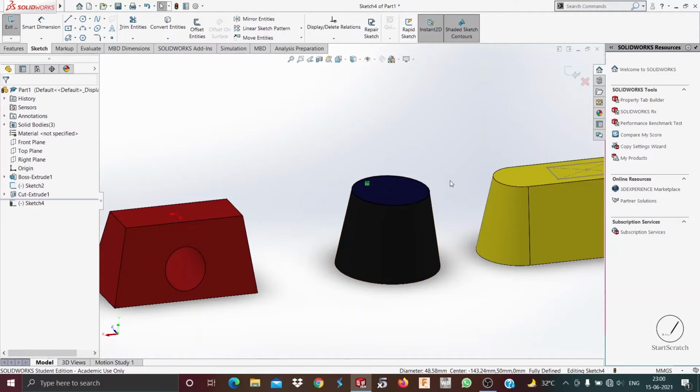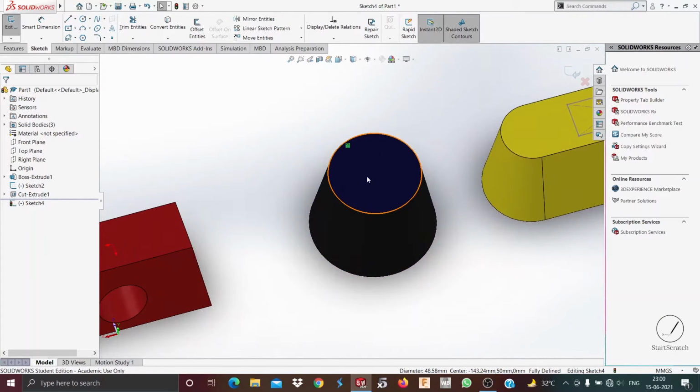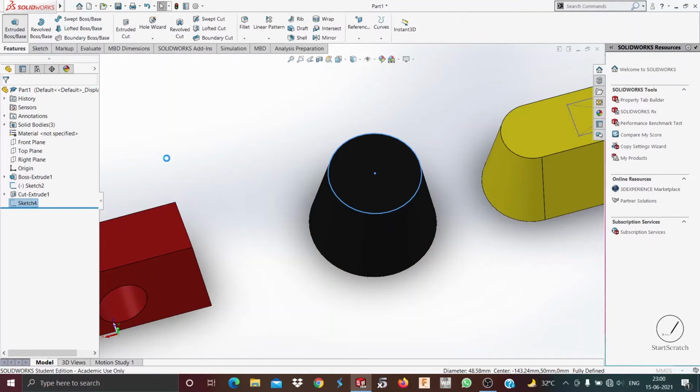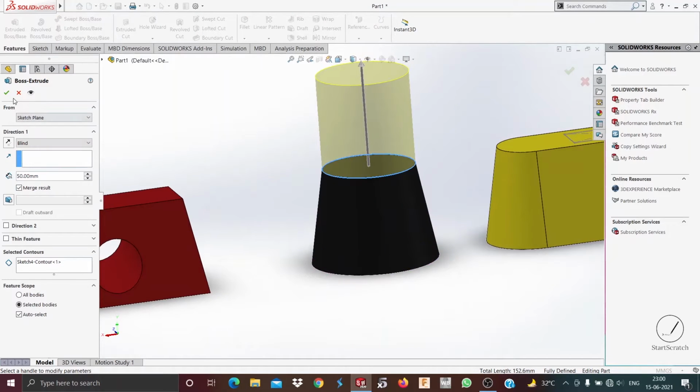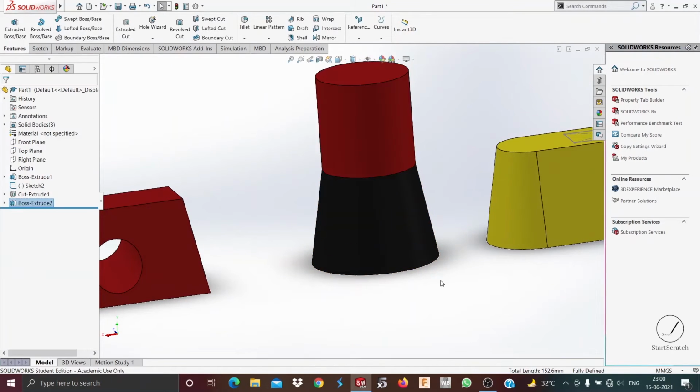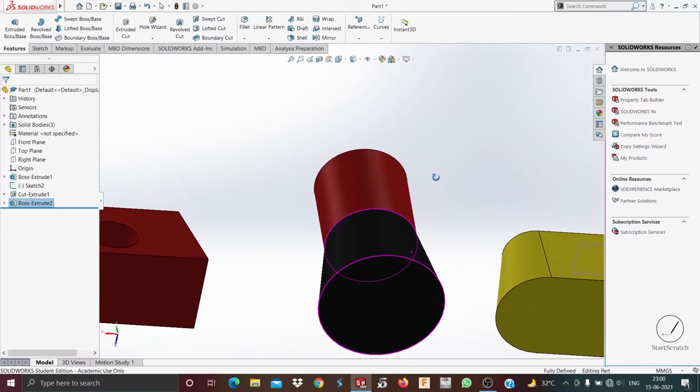So now the sketch of that circle has been converted into a circle. And I finish this sketch, and if I want to extrude on this, I click that sketch, go to features, extruded boss base. Suppose I want to extrude it 50 millimeters, I extrude it.